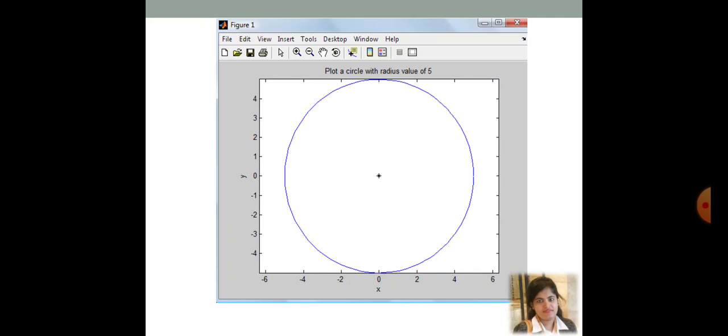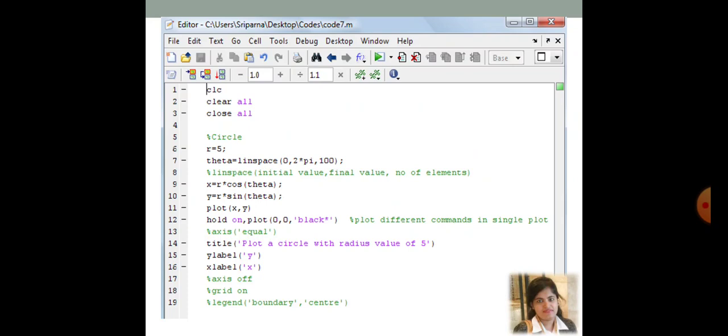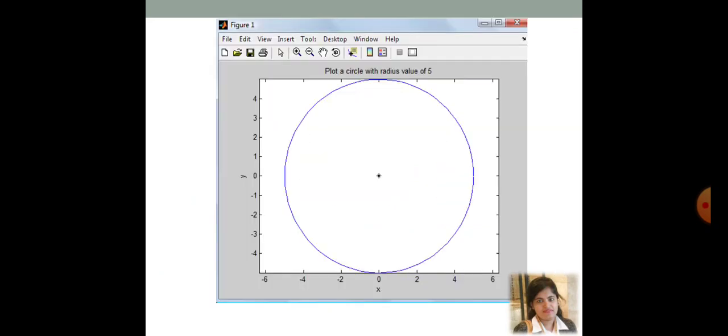Now if you give axis on, that is the line number 17, then you are going to check both values, for x it is minus 6 to 6, for y it is minus 4 to 4, and the range of x and y would have been equal.